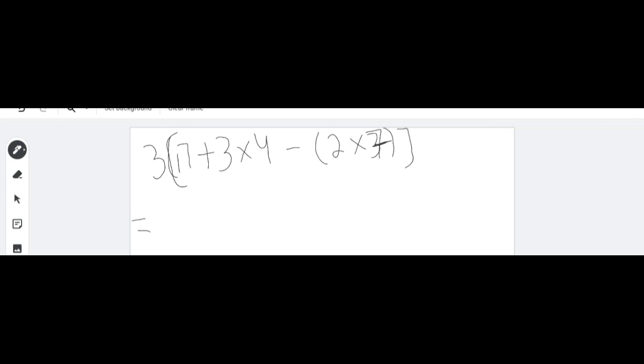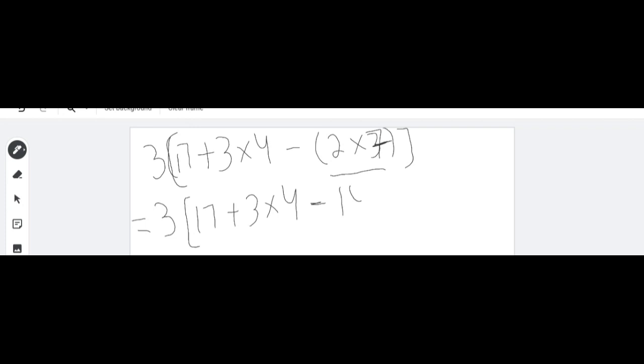I have to follow the BODMAS rule. First I have to solve this bracket, then the square bracket, plus 3. Aren't we supposed to solve the curly bracket? We have to solve the simple bracket first. 2 multiplied by 7. Answer is